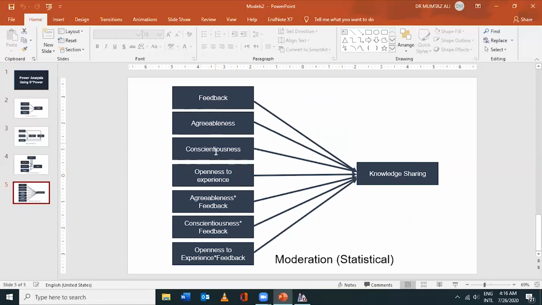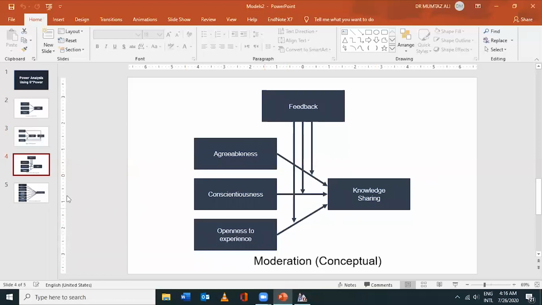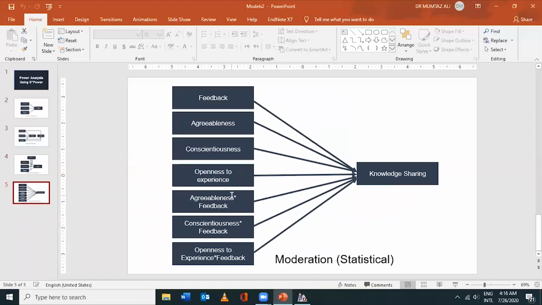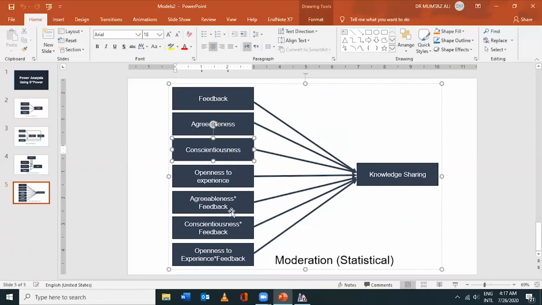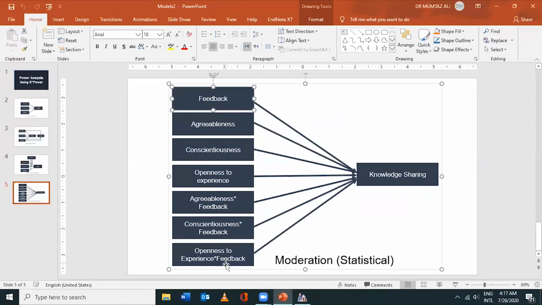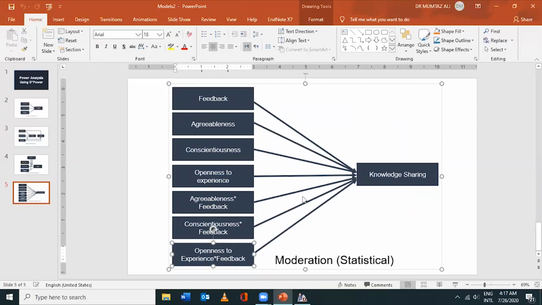The 4 variables you already had in your conceptual model. However, you are adding 3 interaction terms, because in moderation we say that feedback and agreeableness together will affect. So it's a multiplication. Feedback and agreeableness multiplication is here, the interaction term, and then feedback and conscientiousness multiplication is the interaction term here, and then feedback and openness to experience, the multiplication is here.